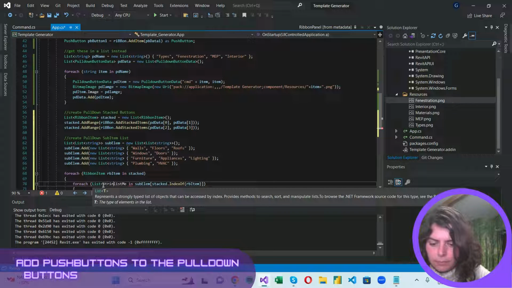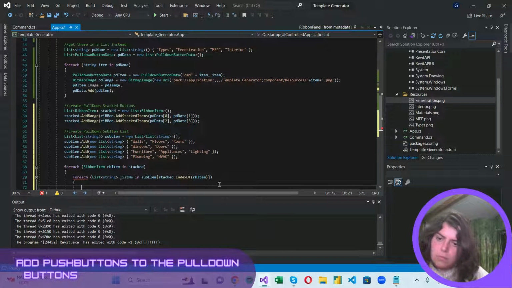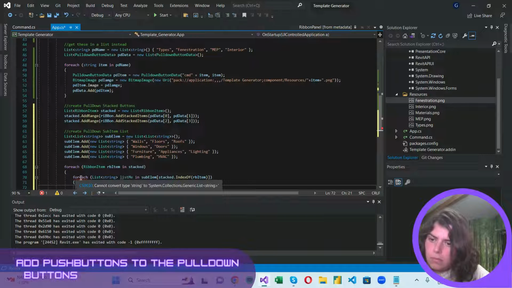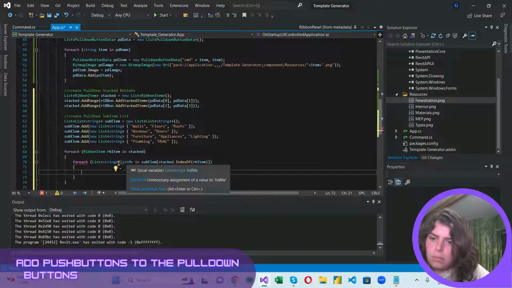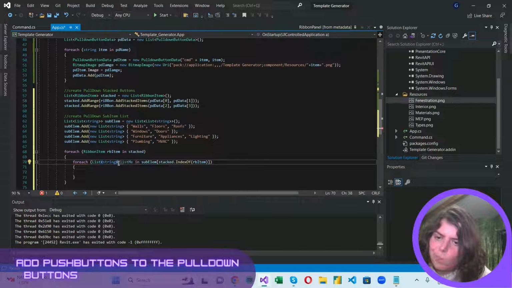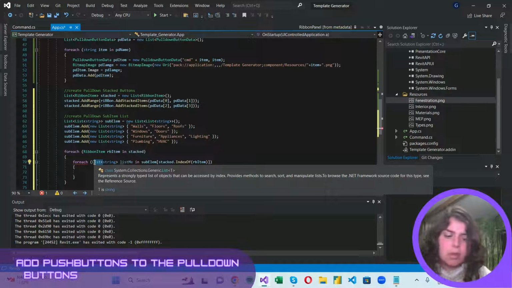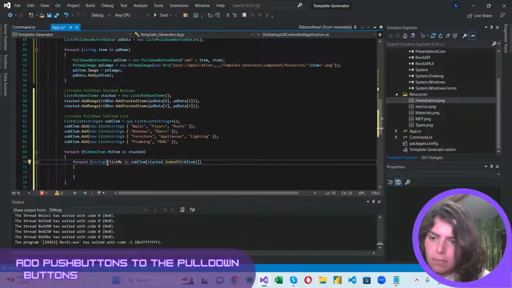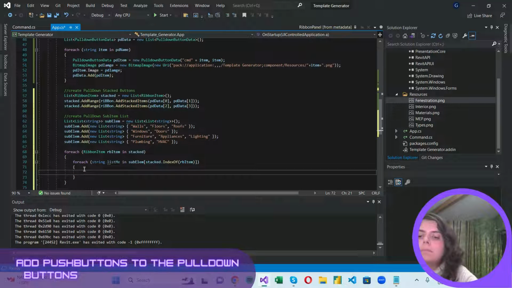List of strings. Actually, for each string, I will